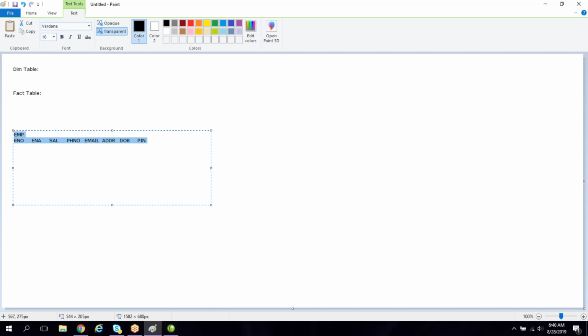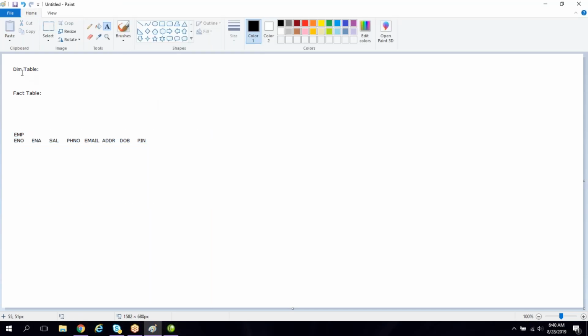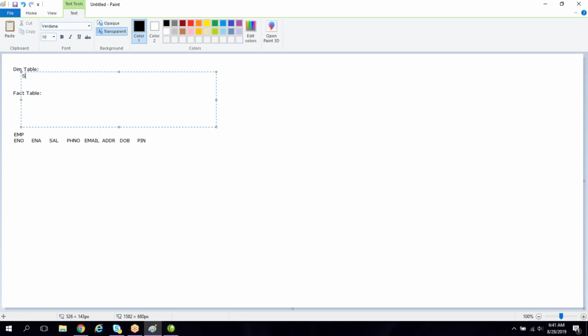Whereas in a data warehouse, we'll have dimension and fact tables. Dimension contains surrogate keys and master data. Master data we also call non-measurable data.